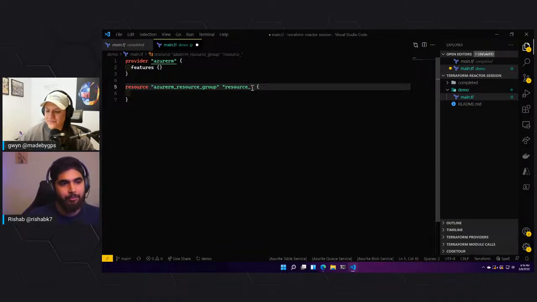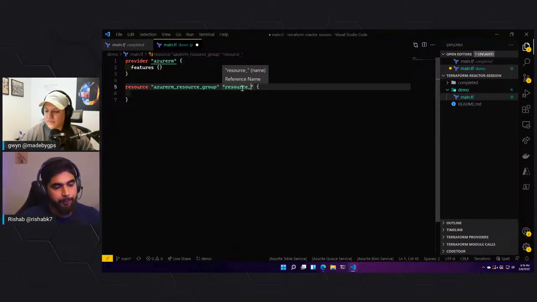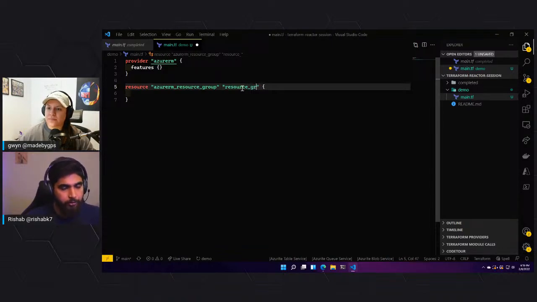And this is basically the name of that resource, which you can define in the template itself, let's say we need this resource group again to reference, right? So this is called a reference name. As you can see, if you hover over it, it says reference name. There's this concept, and it's true within CloudFormation too, like you can reference resources that are created before again in the template down the road when you're writing more infrastructure, because we'll need the resource group. So we'll just call it resource group to keep things simple. You could just name it RG